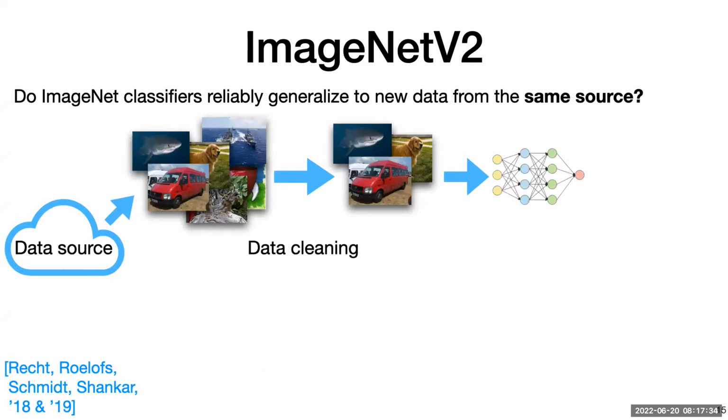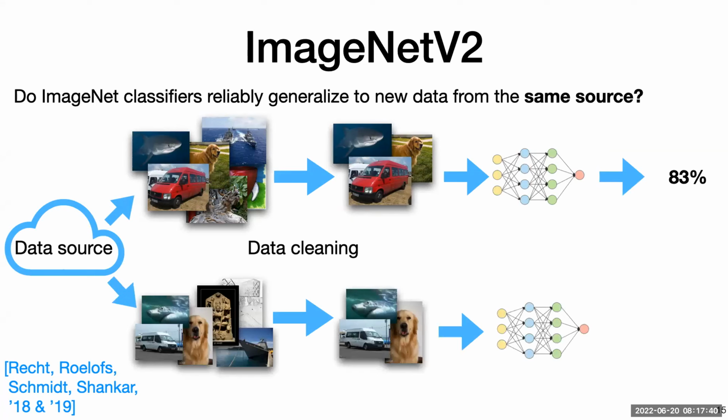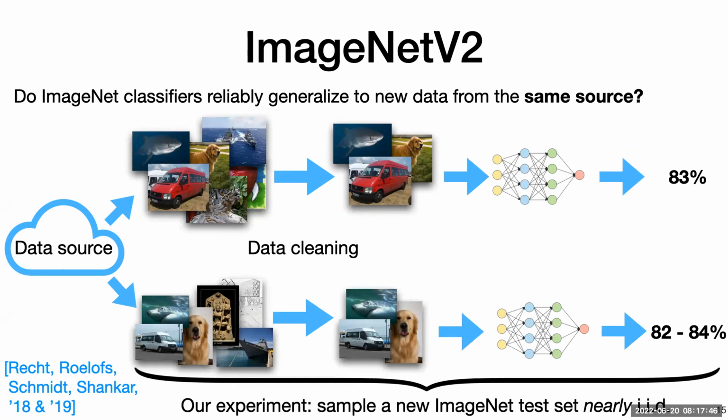When you do this with the original dataset, you get 83%. Then, as I said, we followed the same dataset creation process again. The interesting thing was that we didn't get 83% out. Instead, what we got was 72%. This is an 11 percentage point drop that corresponds to about 5 years of progress on ImageNet. That's quite a lot in the context of a dataset that is really aiming to be as close to ImageNet as possible. Okay, this is just for background on what ImageNet V2 is.